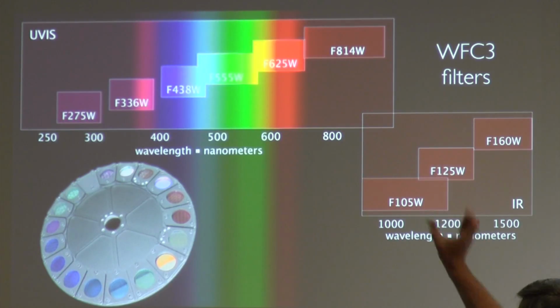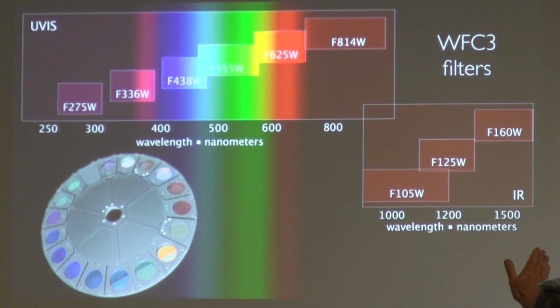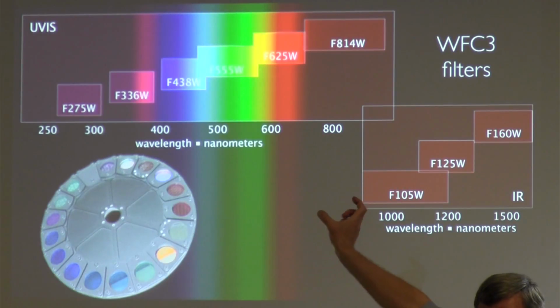Now, there's two pieces to this. As I said, there's a visible light camera and an infrared camera. So on the right is the infrared portion, way out here in the light that we can't see of this hyper rainbow. But the infrared camera also has filters. It doesn't have as many as the visible light camera does, but it has filters. And that's what's represented here. So each filter is taking a chunk out of that white light spectrum